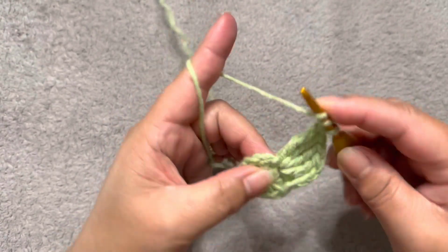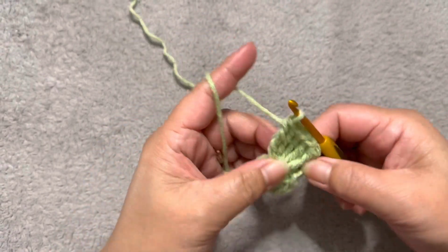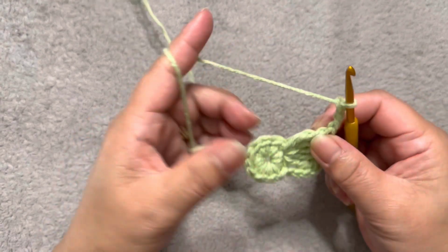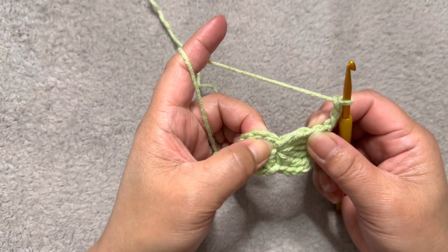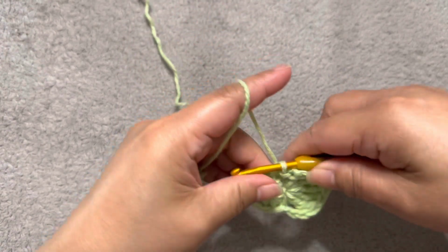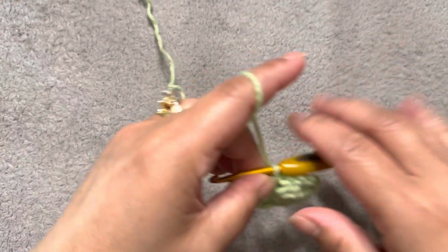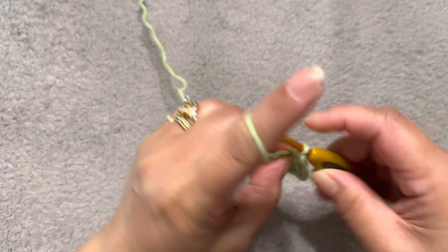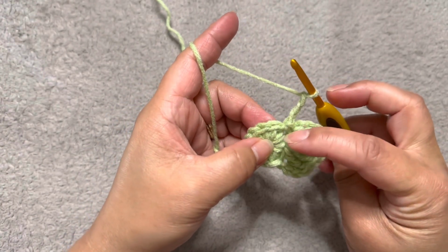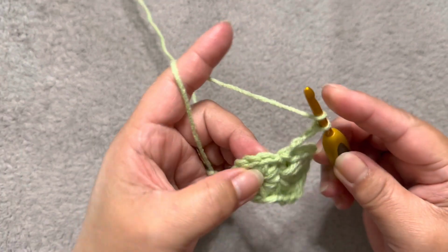One more. Okay, we just done the first petal, and make a chain of 3 and slip stitch into the next stitch. Okay, we have the first petal, and now we are going to make a chain 3 again, and into the next stitch we are going to make 5 treble crochet. Wrap around yarn on hook twice